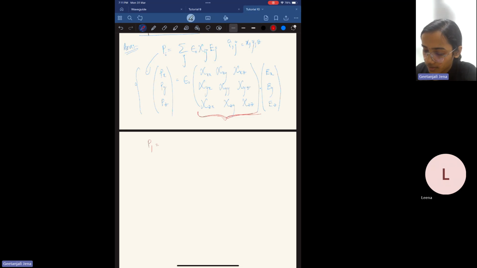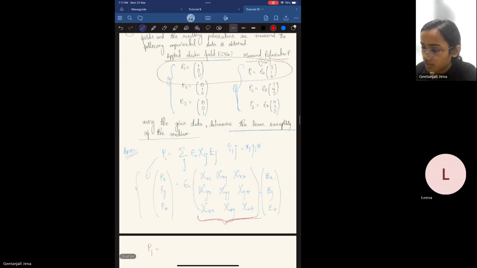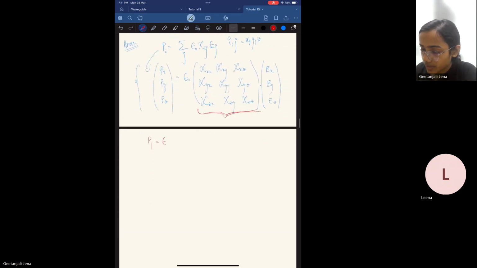So P1 is given as epsilon 0 times (3, 1, 0). This is the response when we have electric field E1 as (1, 0, 0). So you can just put it in this general expression. This P1 has three components Px, Py, Pz, which are 3 epsilon, 1 epsilon, and 0. So that means this form,